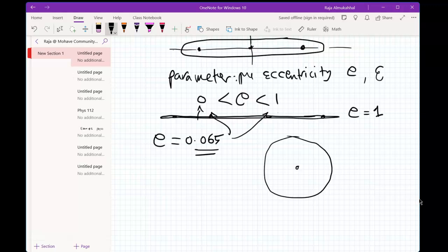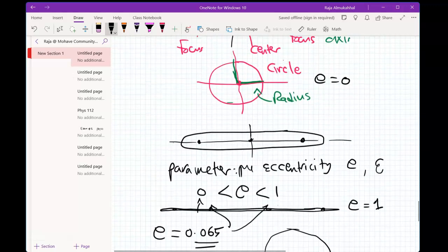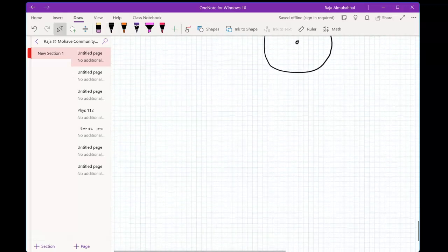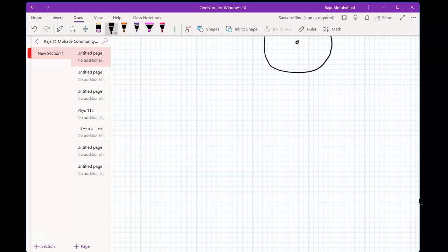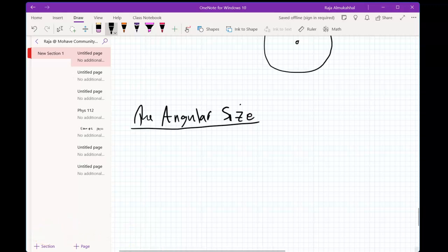One more topic, and I think this is the last topic I want to talk about, and that's called the angular size. Again, this is still geometry. So what is angular size? Let's say, for example, you may remember,